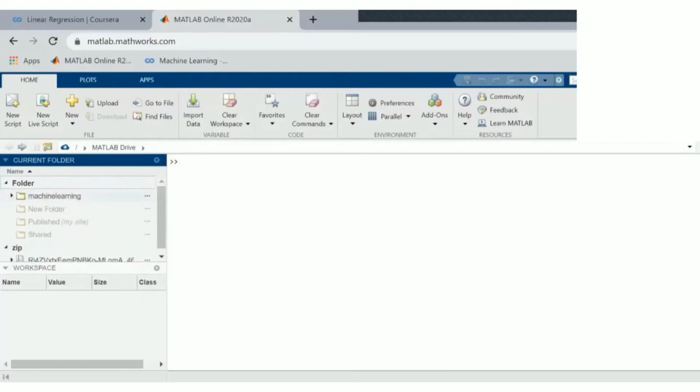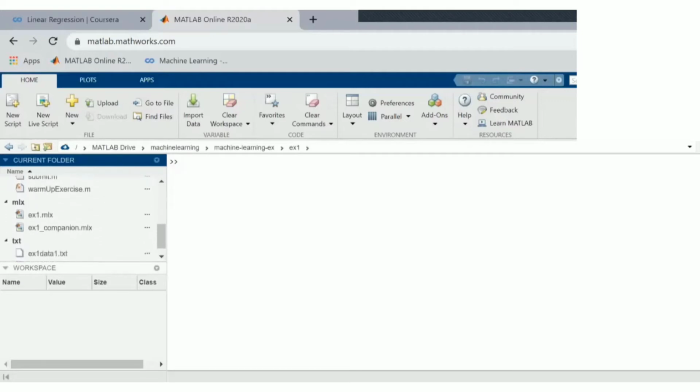We have exercises. Click on it. Here we can see different exercises, machine learning ex1, ex2, ex3, ex4 and ex8, like machine learning exercises. So what we need to do is click on exercise 1. Here you can see many files with the .m extension. To complete this exercise, we first need to open the files.